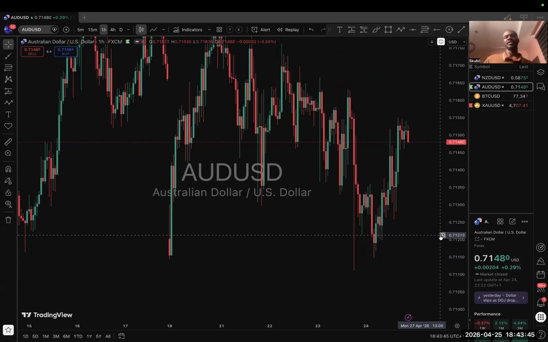The thing here is that I don't want a situation whereby I'm just giving you guys signals and you're not learning anything. Do you get? So avenues like this will help you see how I'm coming up with these trades, so you can go back and replicate this same thing on your charts. Are you guys getting the whole idea? That's why I'm doing this whole thing.